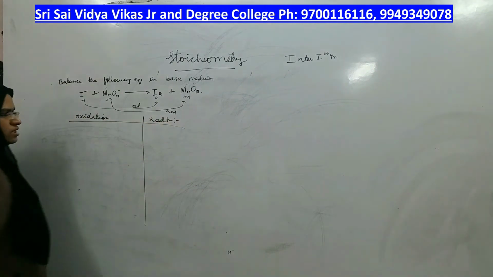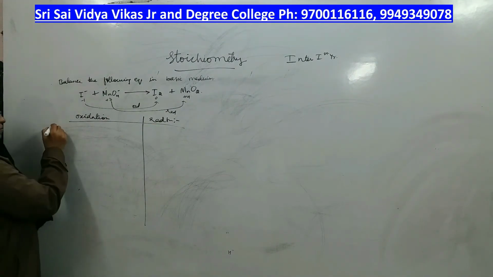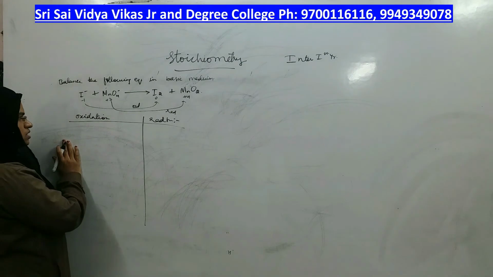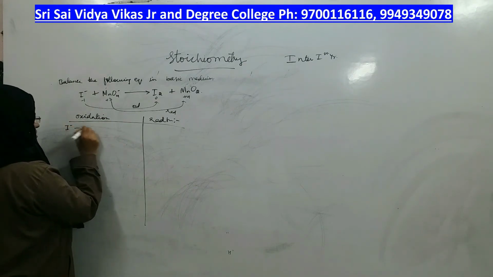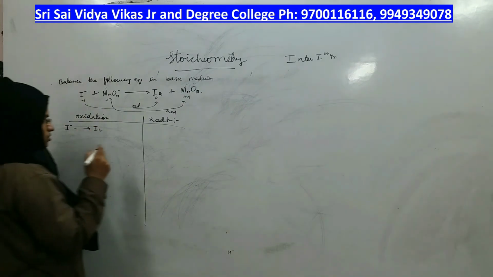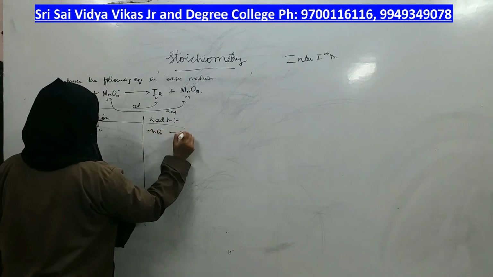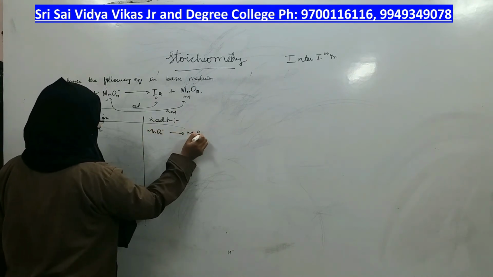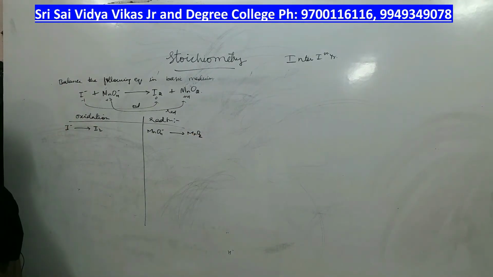Right? Now let us do the balancing of the equation quicker than the previous two, because you have already known the rules. What is oxidation here? Iodide becoming iodine is oxidation by losing one electron. What is reduction? Permanganate becoming MnO2 is reduction by gaining electrons, right? So now you have separated both.